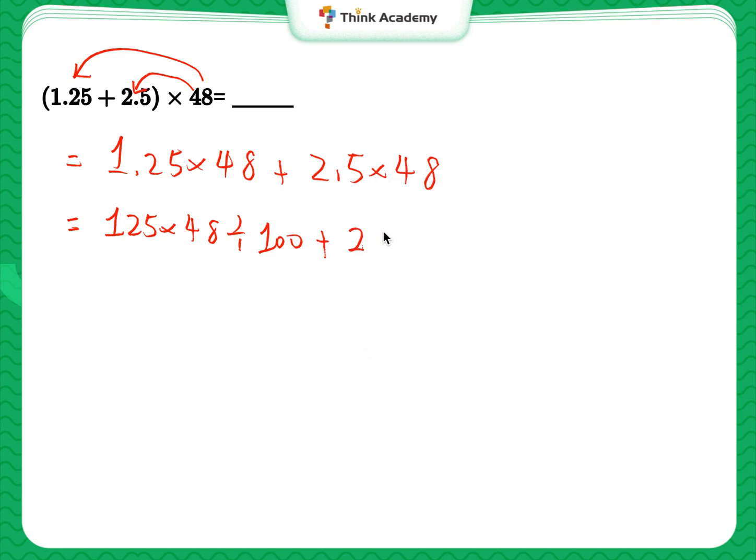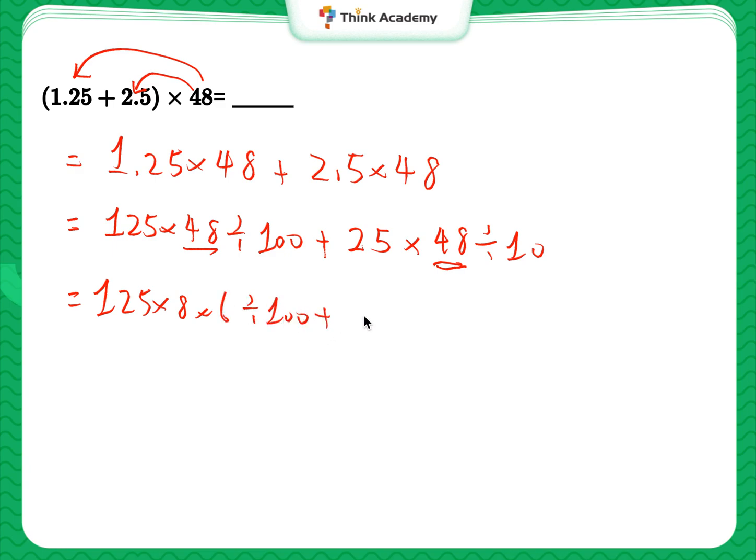So we can write it as 225 multiplying 48 divided by 10. And next step will be trying to split a factor of 8 out of 48 right here. And for the second part, split a factor of 4 out of 48 right there. So I have 125 times 8 times 6 divided by 100, adding 25 times 4 times 12 divided by 10,